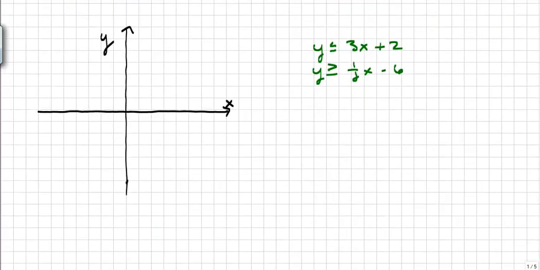All right, so this next one, I've got y less than or equal to 3x plus 2 and y greater than or equal to 1/2 x minus 6. So again, I'm going to rewrite these as y equals and then graph it. So y equals 3x plus 2. 2 is my intercept, and my slope is 3. So I'm going to go up 3 and over 1, up 3 and over 1, or down 3 and back 1. There's my line. This is equal to, so I'm actually drawing a solid line,